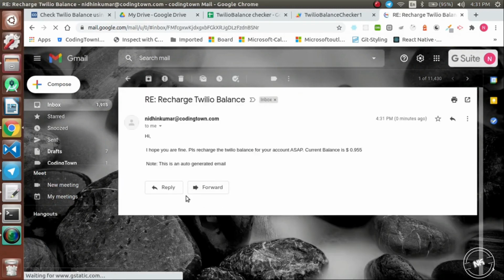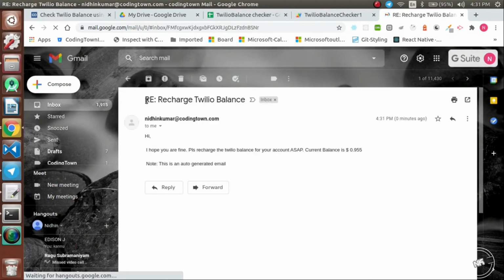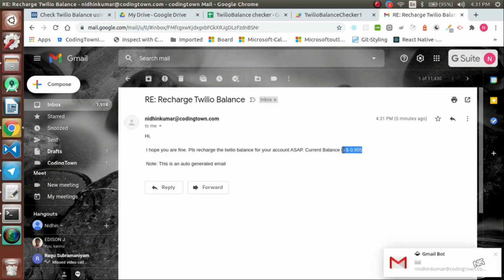So now if you see here, I have received the email from the AppScript which has been triggered. Here you see the balance and the message. Since we gave the space over there, it has been created as expected, with the message which we gave as well as the balance. So all things have been as expected. So this is one way of sending an email